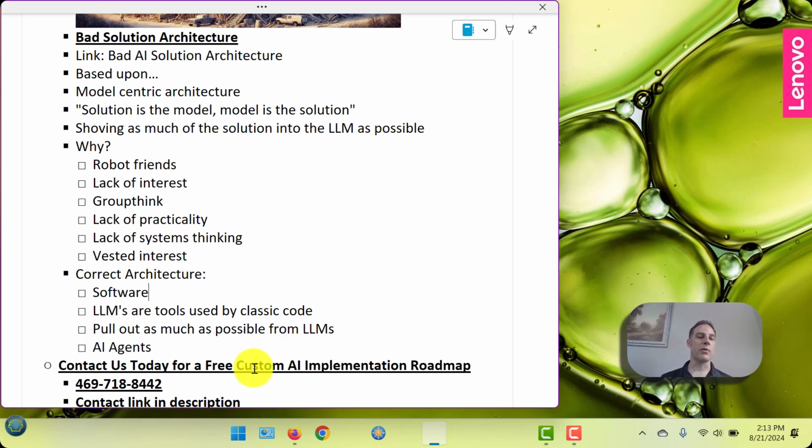But a better way to do it is when you tune it for a very specific thing. It's like, okay, I cannot do this with classic coding. I need to use AI at this specific step. Now I can use a lighter model, a faster model, a cheaper model, and you can make the process much, much more reliable, to where you can actually get a good result out of it. But also by pulling it out and picking it apart, you're not just relying on an LLM at one key step, you're using it at maybe dozens of steps. What you end up with is a much more reliable output on the other side.